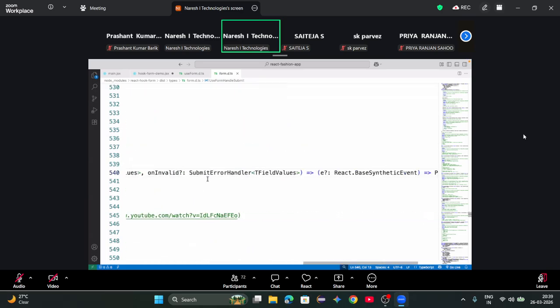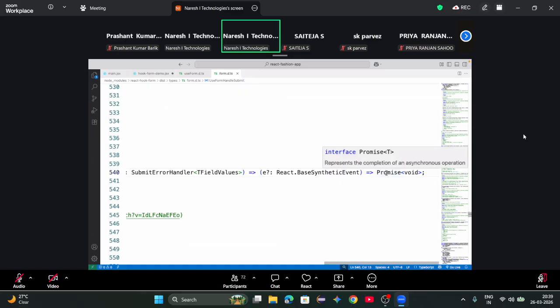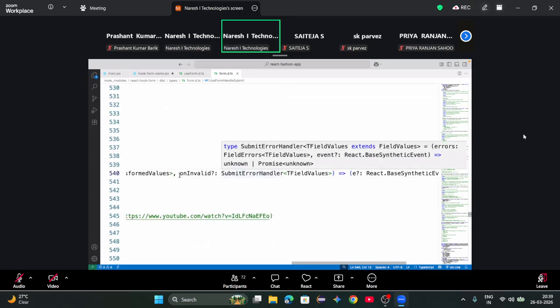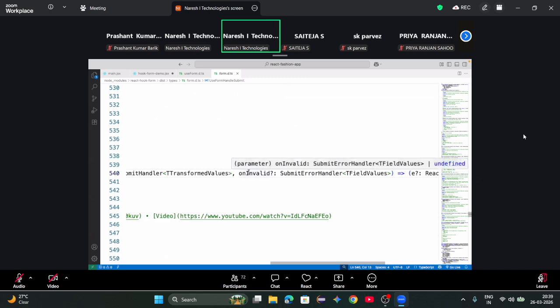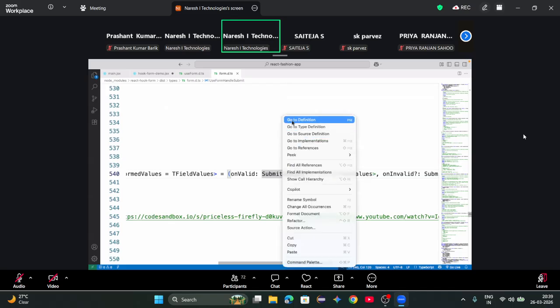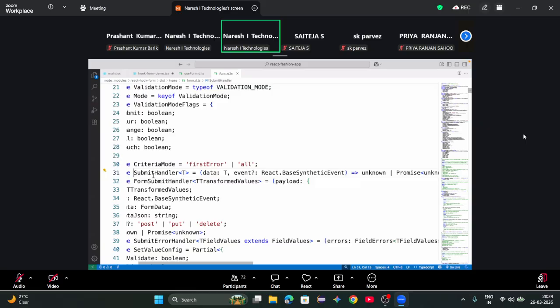You can see the form handleSubmit is a promise type, and it is using a submit handler, or onValid, onInvalid. Observe carefully, actually on valid it is using a submit handler. That means when the form is valid, it is using a submit handler. Go to definition, then you can see the submit handler is a function. You observe? Submit handler is a function, and that function is collecting the data,